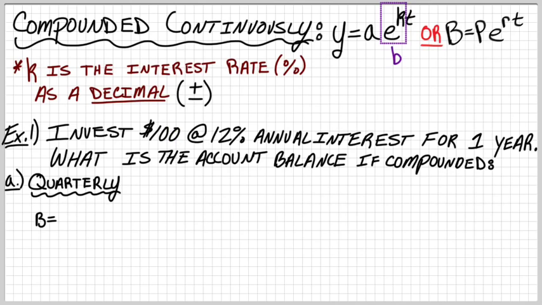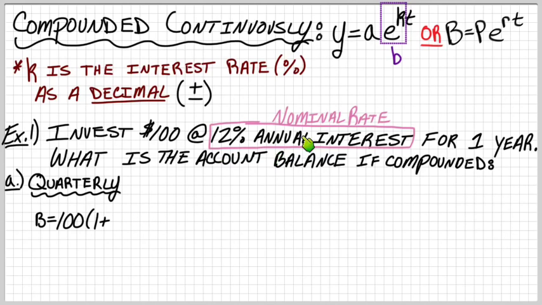So let's go ahead and plug it into the compound interest equation. We have $100 to start with, and then we do 1 plus the rate, 12%, so that's 0.12. And this is actually our nominal rate. So what we plug in for r down here, that's the nominal rate. Remember, that's in name only. So that's like in the name of the problem. That's like your basic starting interest rate. So that's 0.12 divided by 4 because it's quarterly, so 4 times a year. And then the exponent, n is 4, and then there's 1 year,